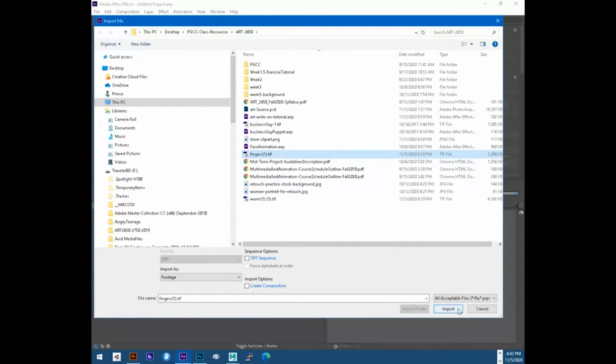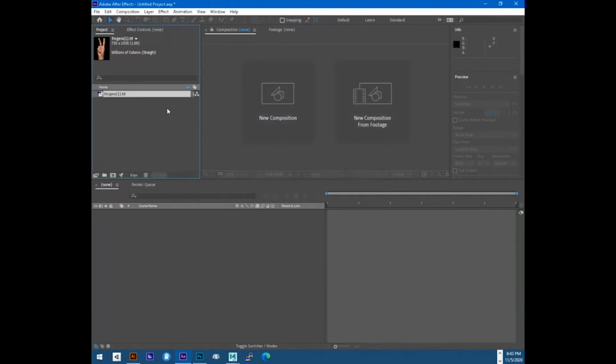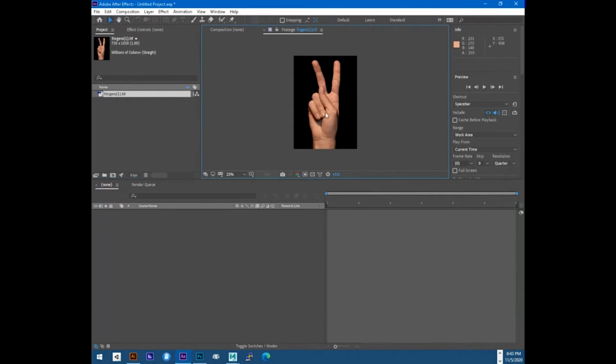Again, if you have an image that you created in Photoshop and you save it as a Photoshop file, for the Puppet Pen tool, as long as it has a transparent background, you can import that as footage. So we're going to import that as footage. It's going to say it has an alpha channel. What do you want me to do with it? Leave it as straight, because that basically just means that when you open it, it's going to have black